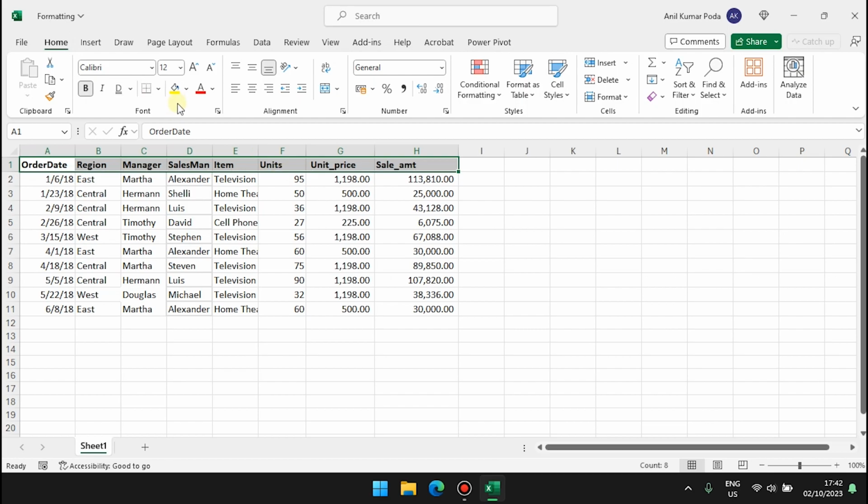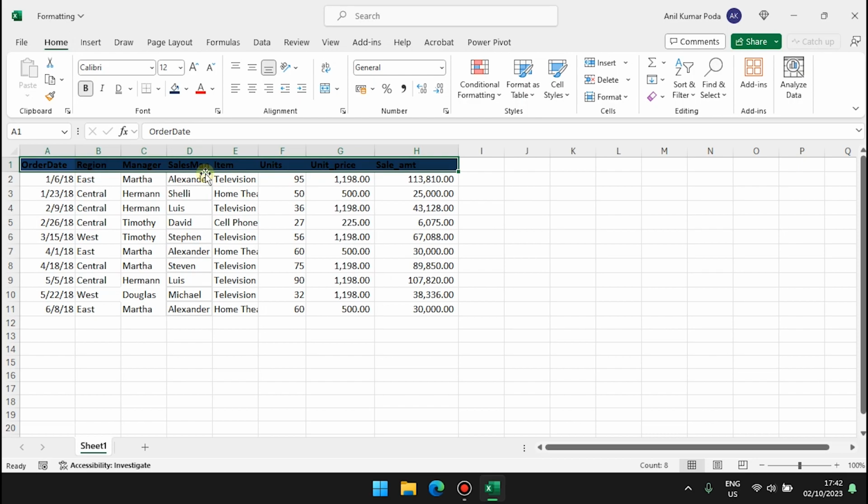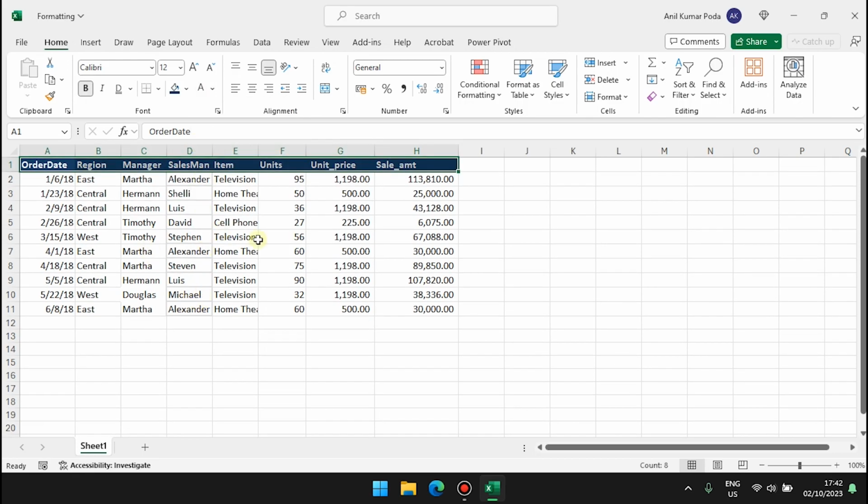And next we have coloring options. We have two options here. One is fill color, the other one is font color. The fill color is used to fill the cell with a color, which means to apply a color to the background of the cell. So now I'm expanding this fill color and I'm selecting this blue color. Now the next option is font color, which means the text color. Now we are unable to see our column titles and I want to change it to white, so I'm expanding it and I'm selecting the white color. Now it looks great.